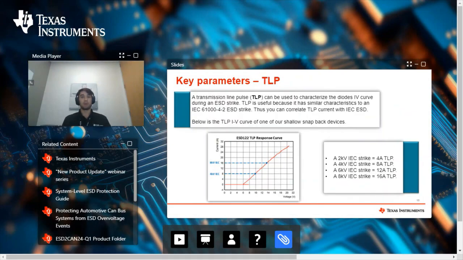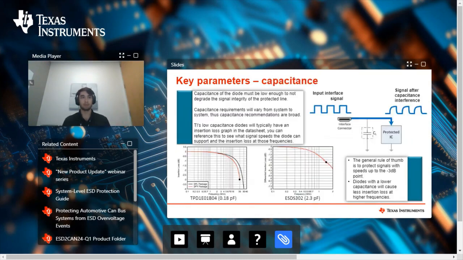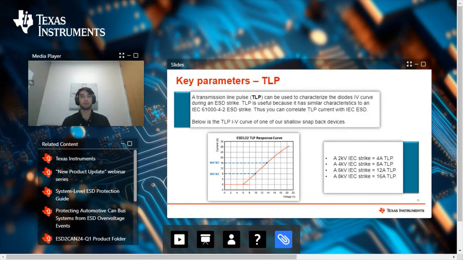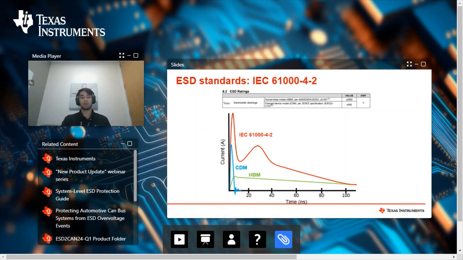And moving on to more care-abouts of capacitance for high-speed signals, interfaces such as USB and HDMI are going to require meeting compliance for the interface standards. So eye diagrams are commonly used to evaluate the signal quality of high-speed signals. And you can see on the left here a compliant eye diagram for USB 3.1, and on the right a non-compliant USB 3.1 eye diagram. And this is going to be due to increased trace capacitance, which will increase signal rise and fall times and shut the eye. And TI's low capacitance diode data sheets are going to offer eye diagrams for common interfaces supported.